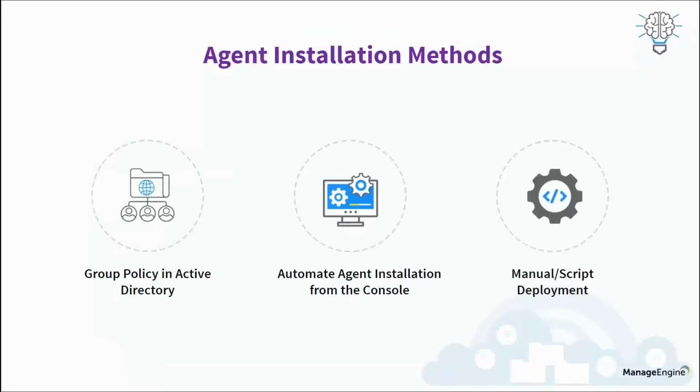So next, we talk about the agent installation methods. Since it works on a client server model, as I told earlier, we need to install the agent in all your endpoints to manage it. To facilitate agent installation, we recommend three methods. One is via group policy. You can push it as a startup script. Next, you can integrate your Active Directory and push the agent from the console. And the third one, either it's manual or we will give you a script that will install the agent with the help of an IP address. This will be helpful for the machines which are on workload.